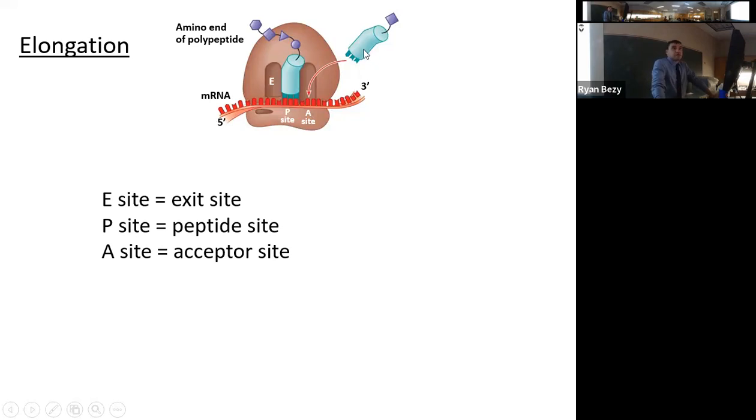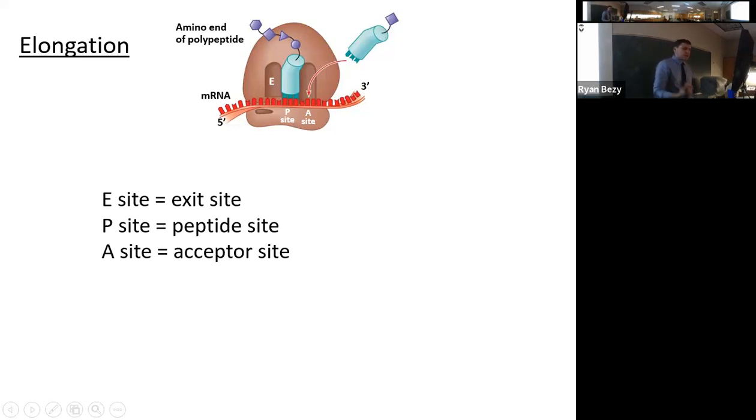These, I don't know, what color is that? Teal? Are the tRNAs. This is the anticodon on the tRNA versus the amino acids that it's carrying. So purple are amino acids. What I'm showing you here is in the middle of elongation, there is already a 1, 2, 3, 4 amino acid long protein being made. This is the next incoming tRNA carrying the next incoming amino acid.